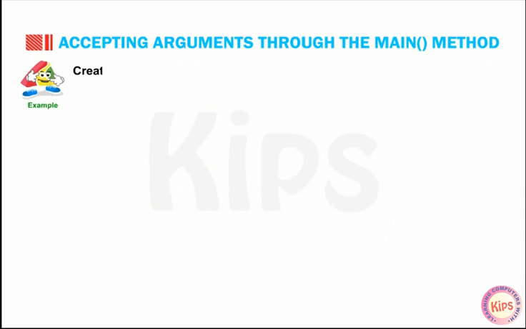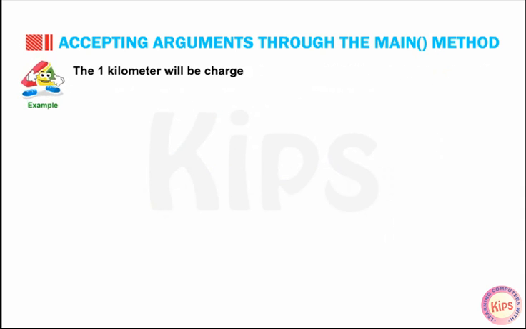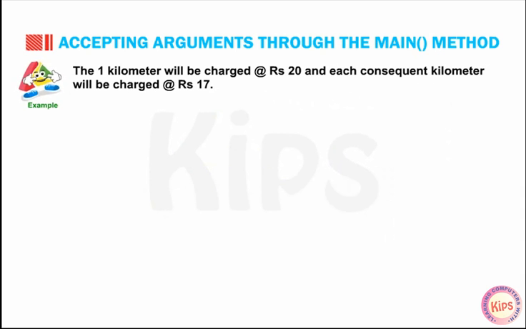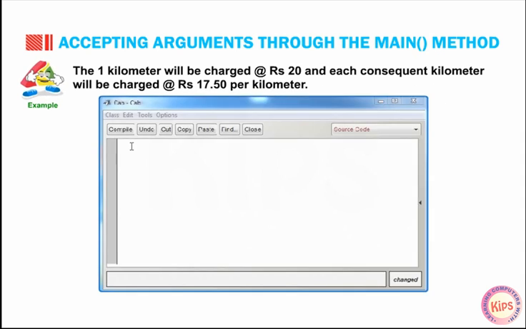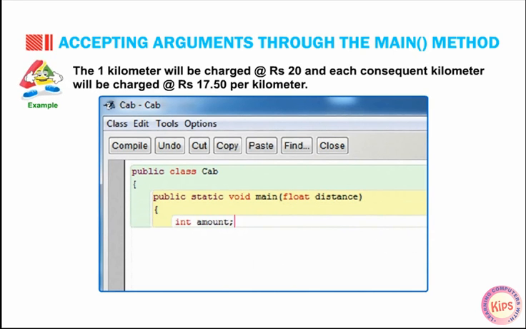Example: create a program that will accept the distance covered by a cab and calculate the total bill. The first kilometer will be charged at rupees 20 and each consequent kilometer will be charged at rupees 17.50 per kilometer. public class cab { public static void main(float distance) { int amount; amount = (int)(20 + (17.5 * (distance - 1))